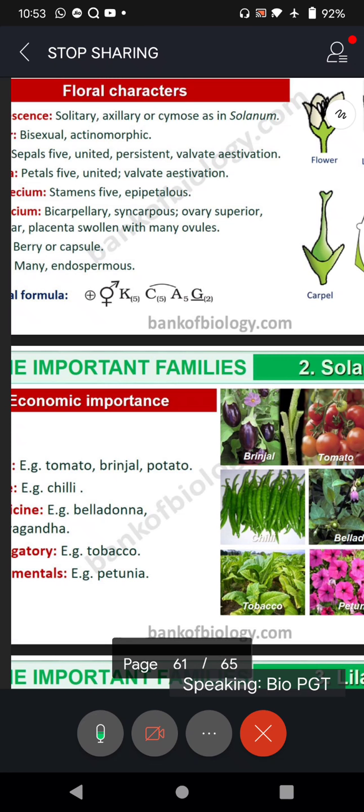And of course gynoecium, superior ovary. So we are writing capital G, underscoring it. And how many locules are there when you cut open, either transverse section or vertical section? 2 locules will be there. And are they united? Yes, they are united through placenta. So we are putting 2 within bracket. Okay. Now same thing we will see here.